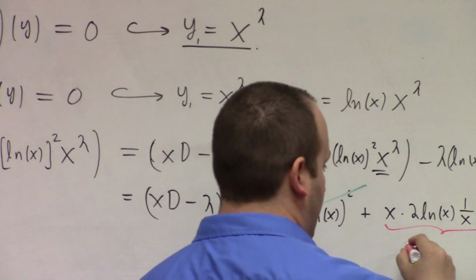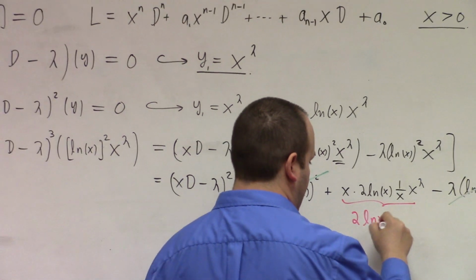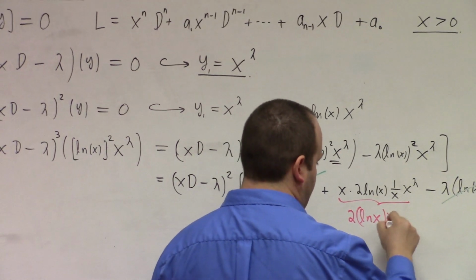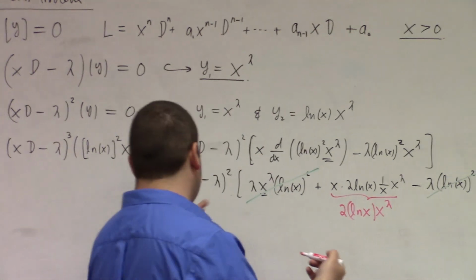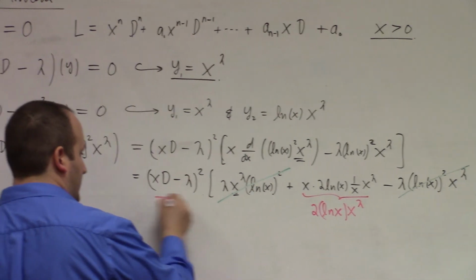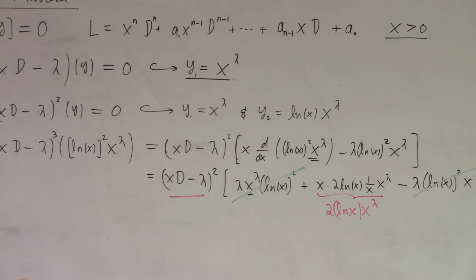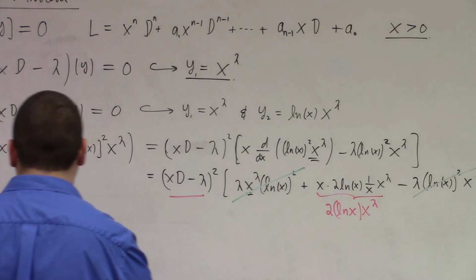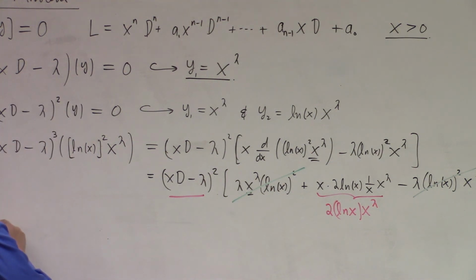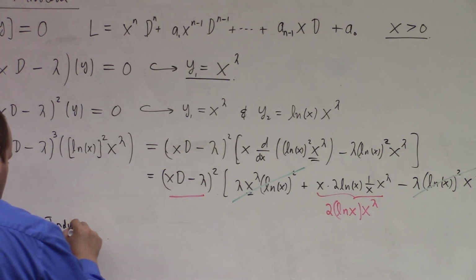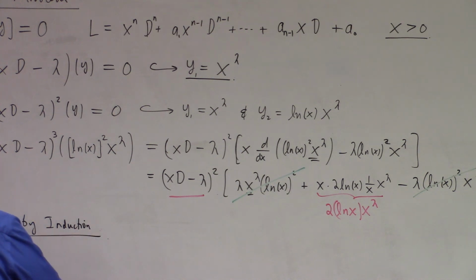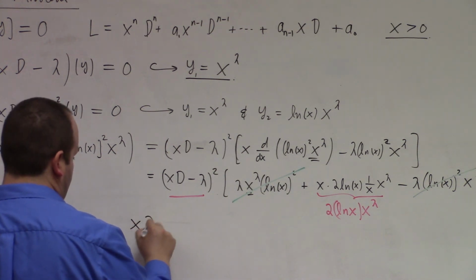Okay, so that would be 2 ln of x times x to the lambda, but we already know that that is killed by this. So it looks like you're in business. So I believe we can prove inductively. You can prove by induction that xd minus lambda